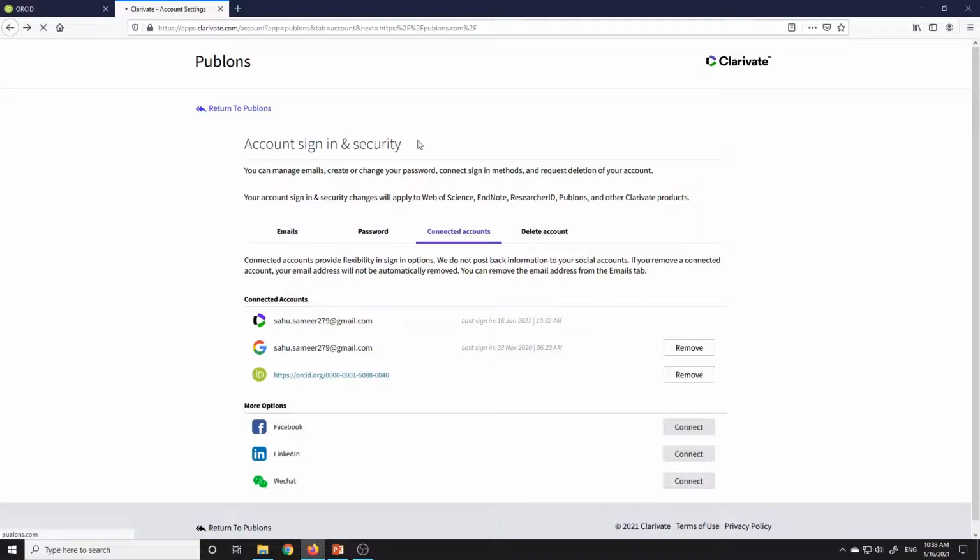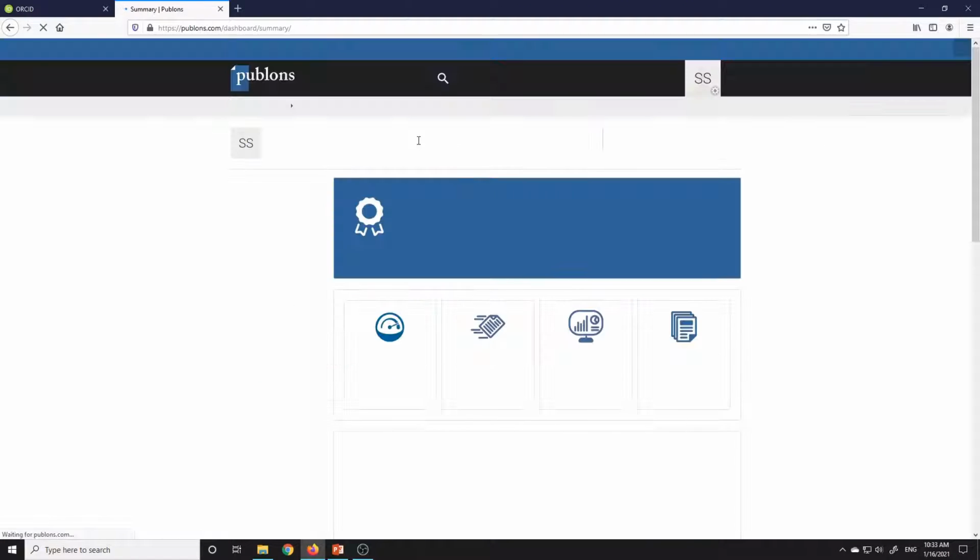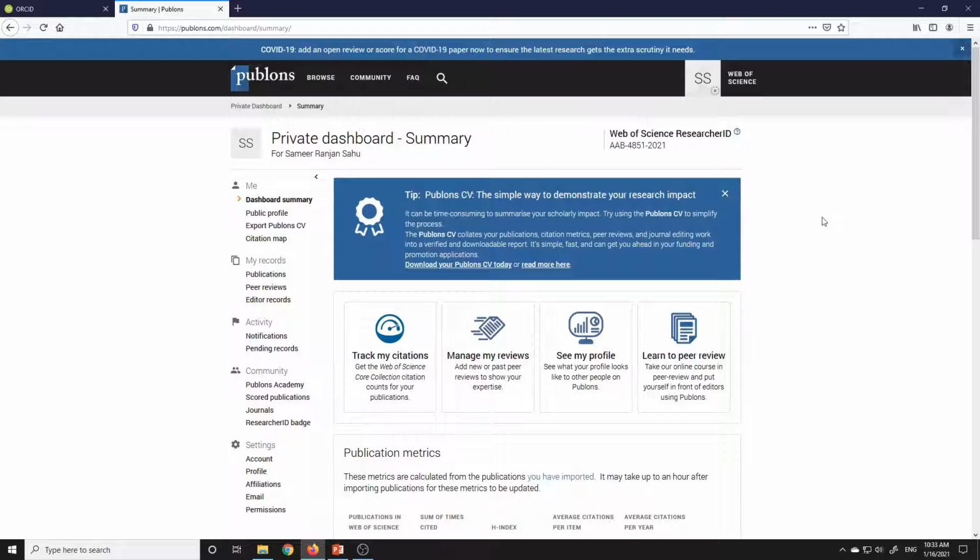So return to Publons. This part is just highlighting your work, or highlighting you as a person who is good at research. Now if you want to highlight your skills as a reviewer, then there is the Publons Academy.